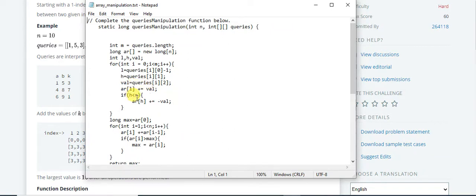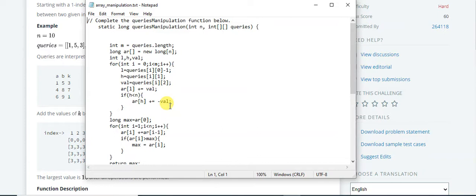And if the highest index is less than n, meaning the size of the array, then we will do this one. Now, you might be confused why we are doing this. It will be clear in the next step.